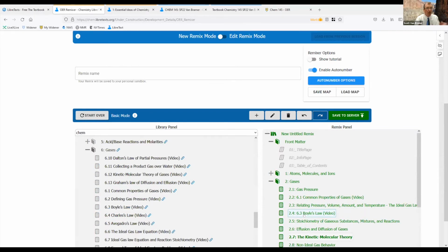And so I can literally create a custom textbook rearranged from any Creative Commons OER source that I can find that's in there. And if there's something out there that they don't know about, they'd love to hear about it, they'll add it. All right, so that's the remixing piece that lets me create a custom textbook for my students.